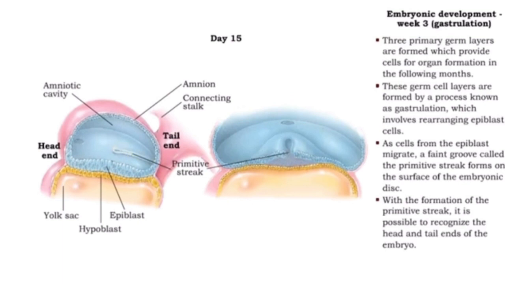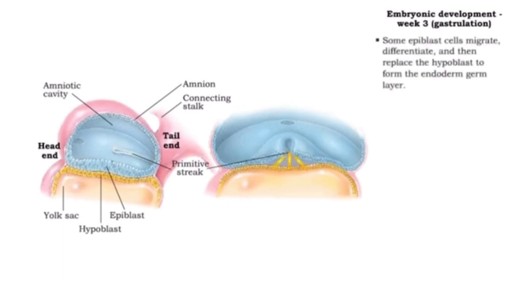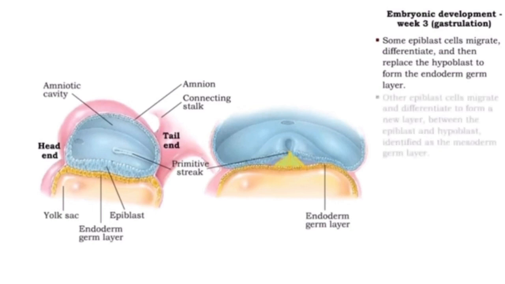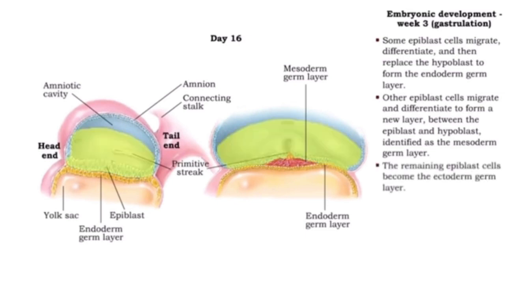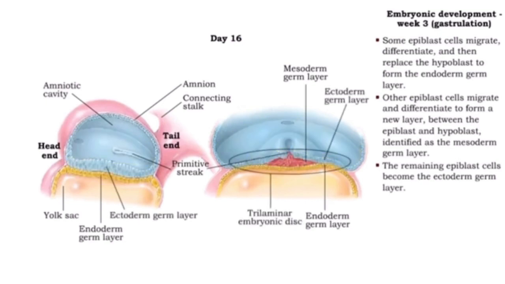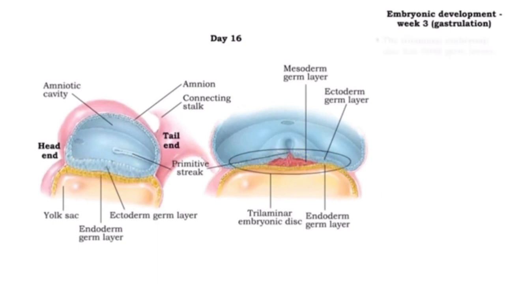embryo. Some epiblast cells migrate, differentiate, and then replace the hypoblast to form the endoderm germ layer. Other epiblast cells migrate and differentiate to form a new layer between the epiblast and hypoblast, identified as the mesoderm germ layer. The remaining epiblast cells become the ectoderm germ layer. The result of gastrulation is the formation of the trilaminar embryonic disc, consisting of the three germ